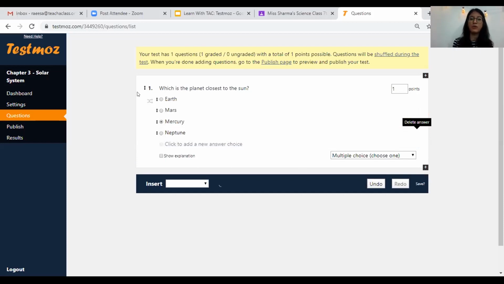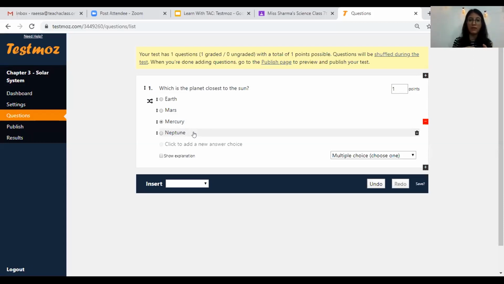Okay, now I'll show you an interesting feature of the options. So if you can see in this light gray, there is an icon which is looking like a vertical X. I'm simply going to click that. What this does is it shuffles the choices, correct? So right now the order is Earth, Mars, Mercury, Neptune. So student 1 will be able to see it as Mars, Mercury, Earth, Neptune. Student 2 will be able to see a different order. Student 3 a different order. So when I do shuffle, all my options are going to be shuffled over here. Once again, my questions are also shuffled over here.